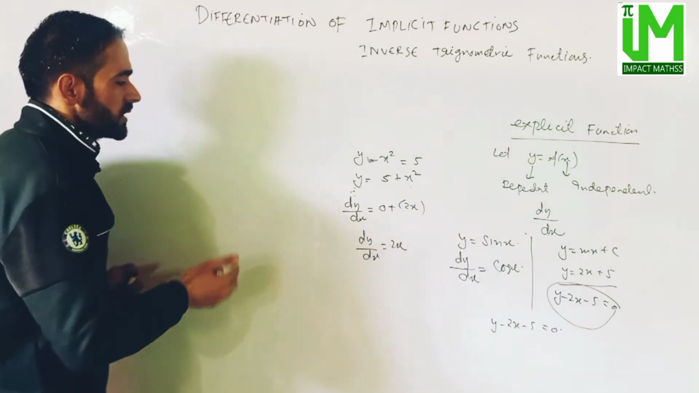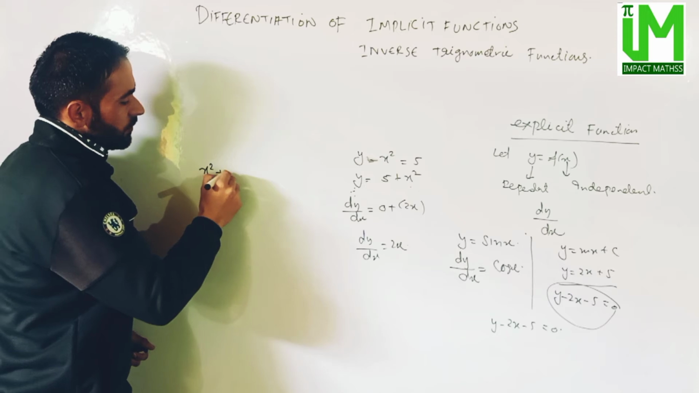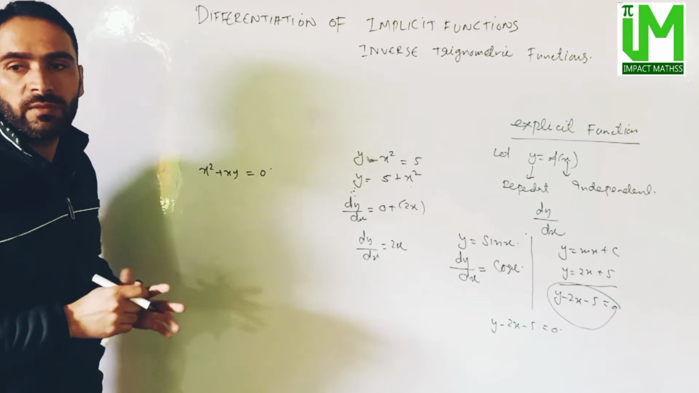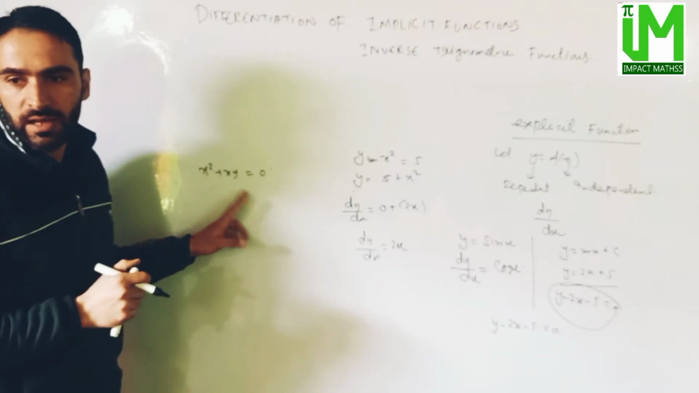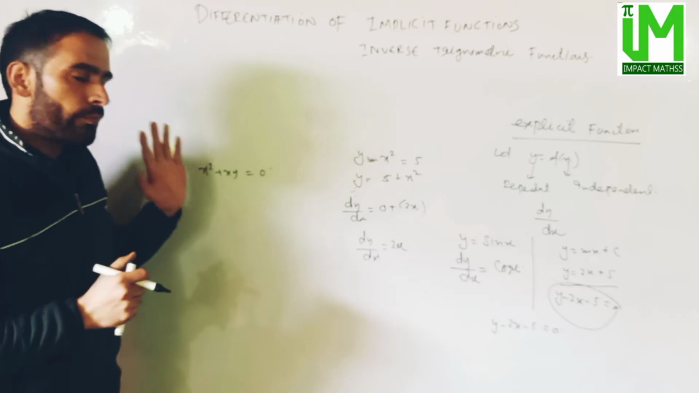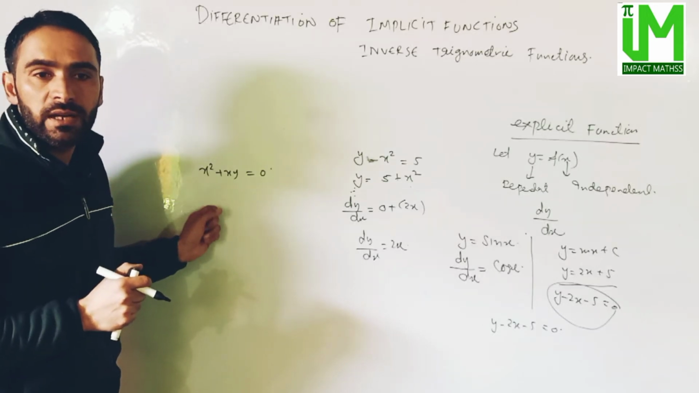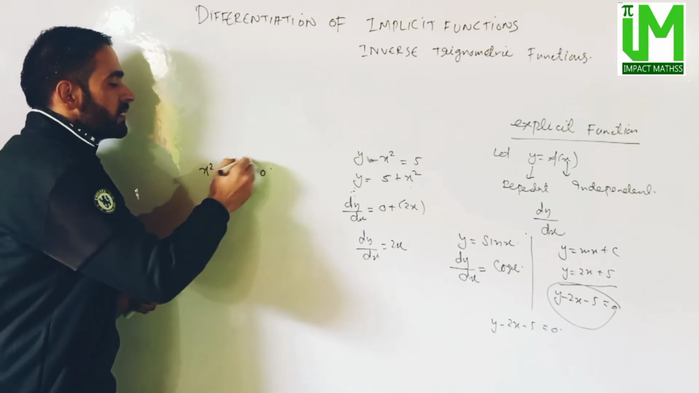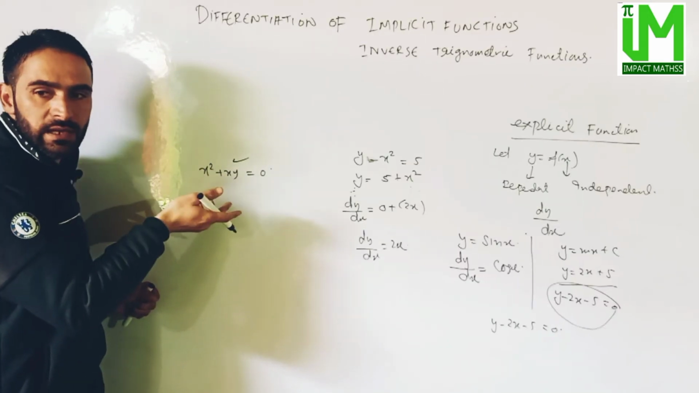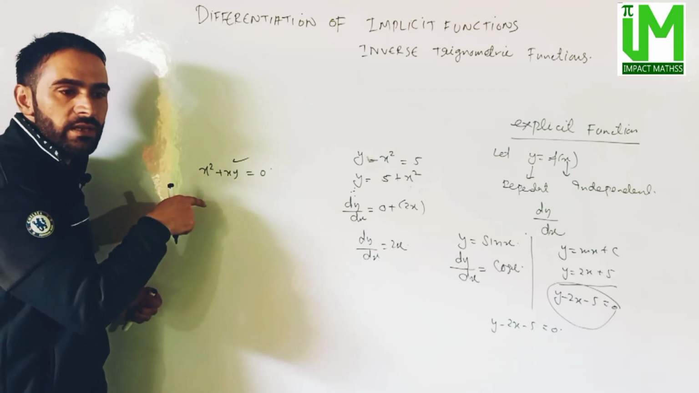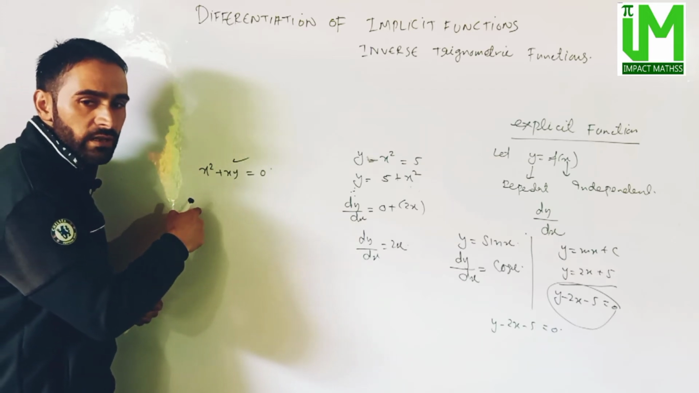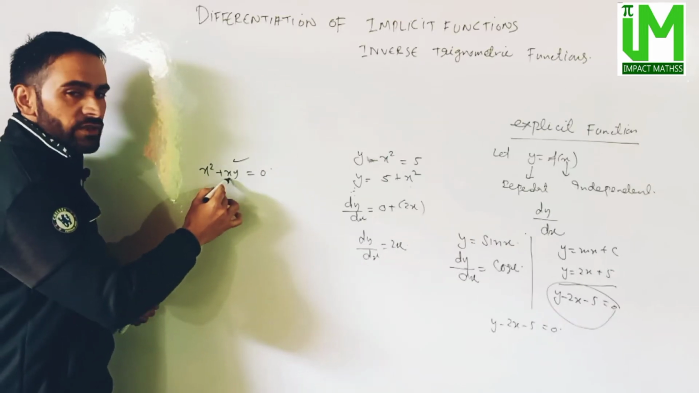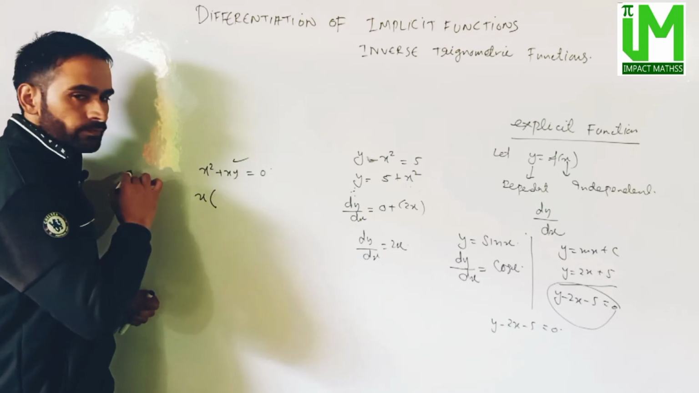Okay, take another example, say x square plus xy is equal to 0, x square plus xy is equal to 0. Again we have a mixture of x and y. But if we simplify it, we can separate the dependent variable and the independent variable here. If we treat y as the dependent variable, then the rest of the terms have to be transposed to the other side, so it will be x, take common from here, x into,